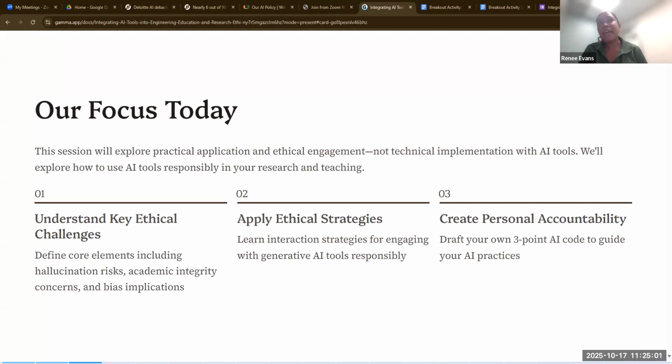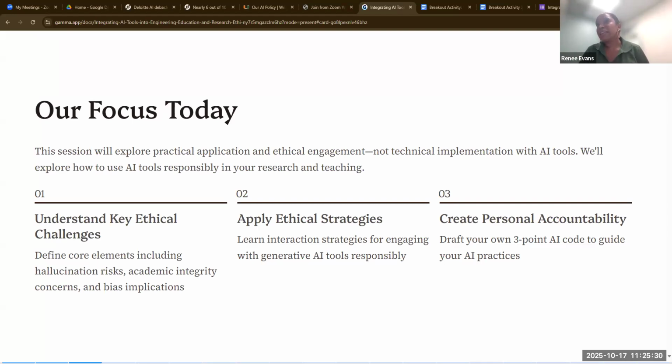Understanding the key ethical challenges. That includes hallucination risk. We all know about, or we should know about hallucination, that AI tends to hallucinate, academic integrity concerns, and bias implications. We'll also explore how to apply some strategies for engaging with generative AI tools in a responsible way.